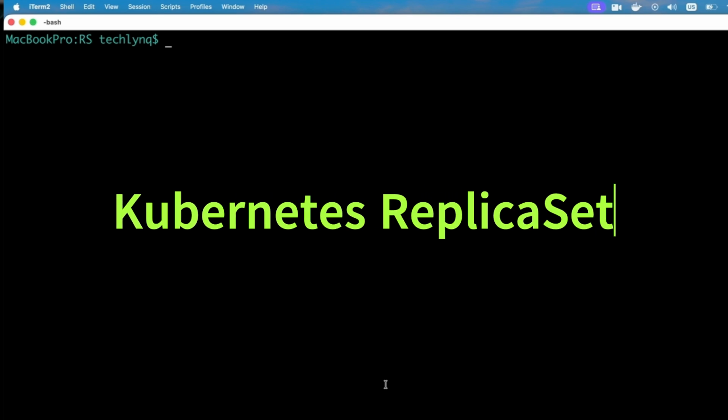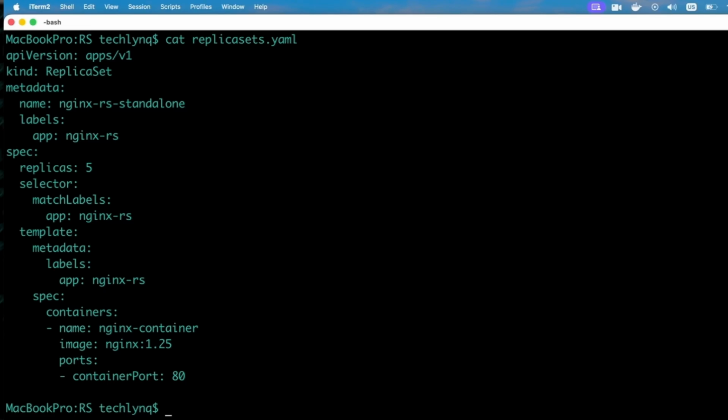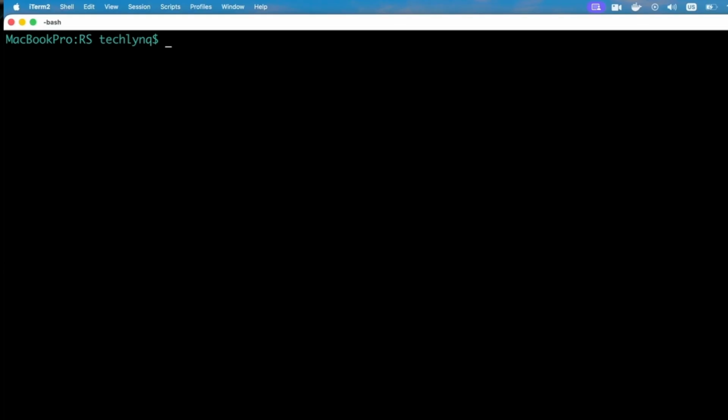Now, I'm going to show you some of the commands that you need after creating your replica set. If you remember, we created this replica set object. I'm going to show you what you need in order to maintain this replica set. First of all, when you want to view the status of your replica set, this is a very important command